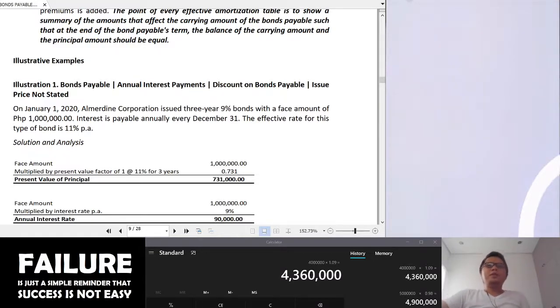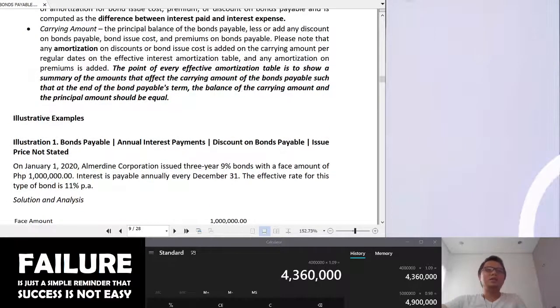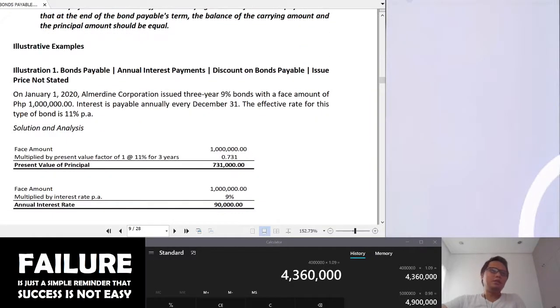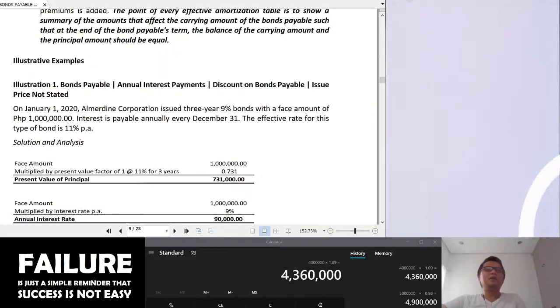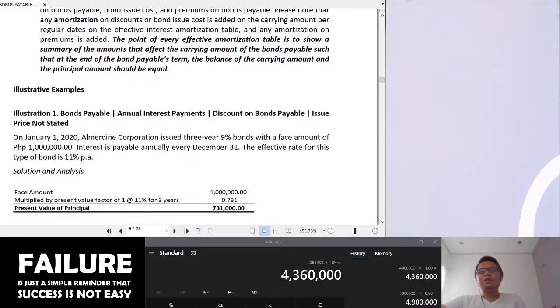However, in this particular example, it's a bit harder for us because the present value factor is not given. Although here it is given in the solution analysis, when this exercise is given, there is no present value factor. So we need to compute for the present value factor, which we already know how to compute manually using an ordinary calculator. So again, now,